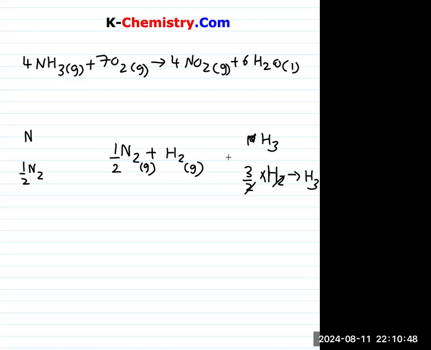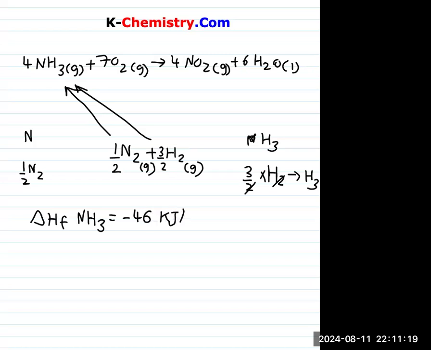So in order to change from N2 and H2 into NH3, you have to have half of the N2 and 3 over 2 of the H2. Then in this case only you will be forming 1 mole of NH3. And from the given in the question, the standard enthalpy for the formation of 1 mole of NH3 requires minus 46 kilojoules